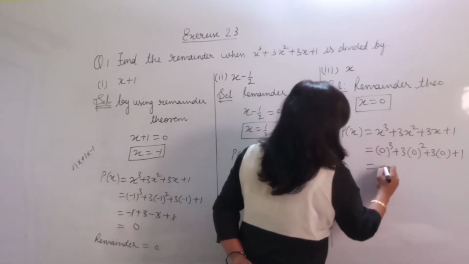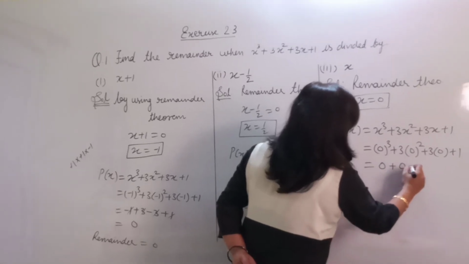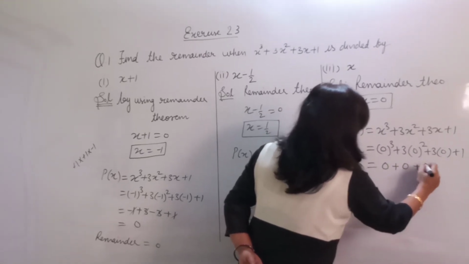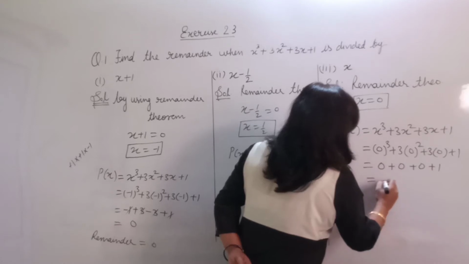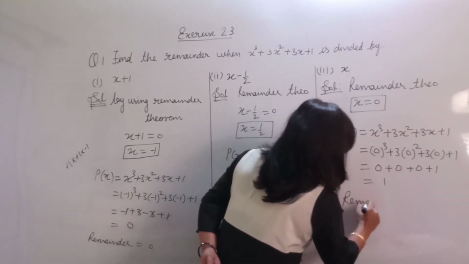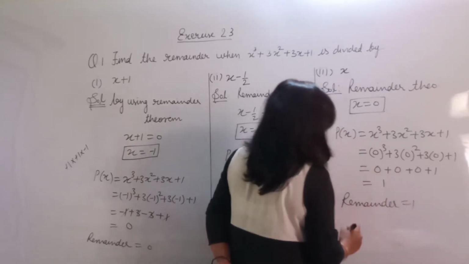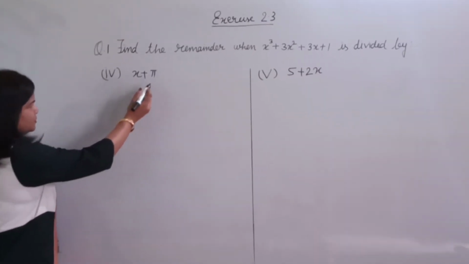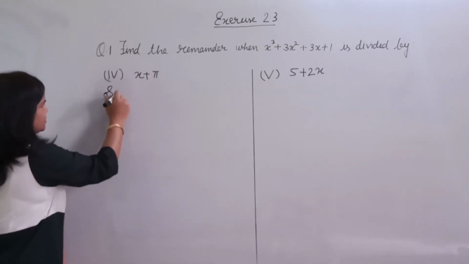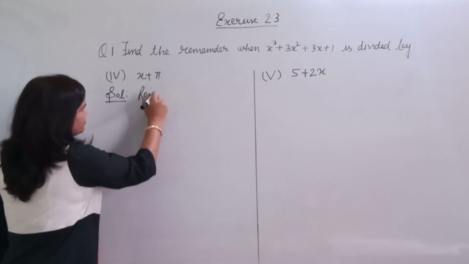Now we will solve it. Then 0 will come, plus 3 into 0, 0 will come, plus 3 into 0, 0 will come, plus 1. Now it is equal to 1. So our remainder is equal to 1. Now our fourth part is x plus pi. Now we will start the solution. So according to the remainder theorem,